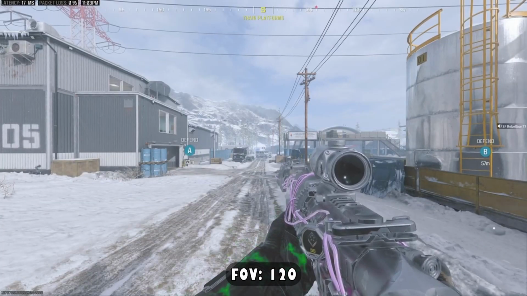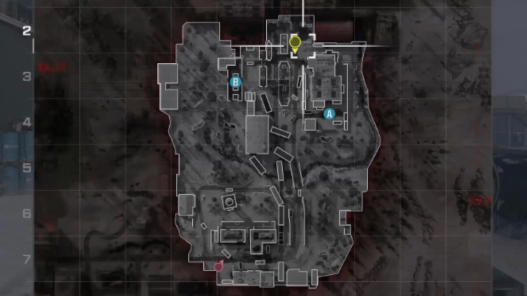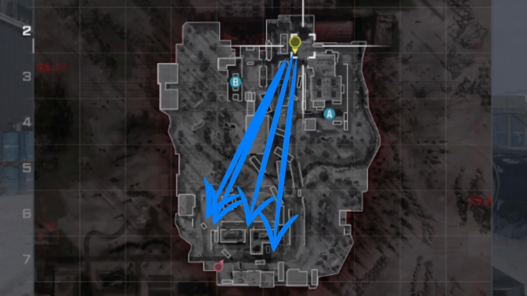Now swapping over to the defending side, I'm going to show you guys how to tube the 4 main routes that the attackers take at the beginning of each round. Starting off with the first one, this will cover the far right side. Anyone trying to find their way through the house on the far right side and maybe snipe down the edge